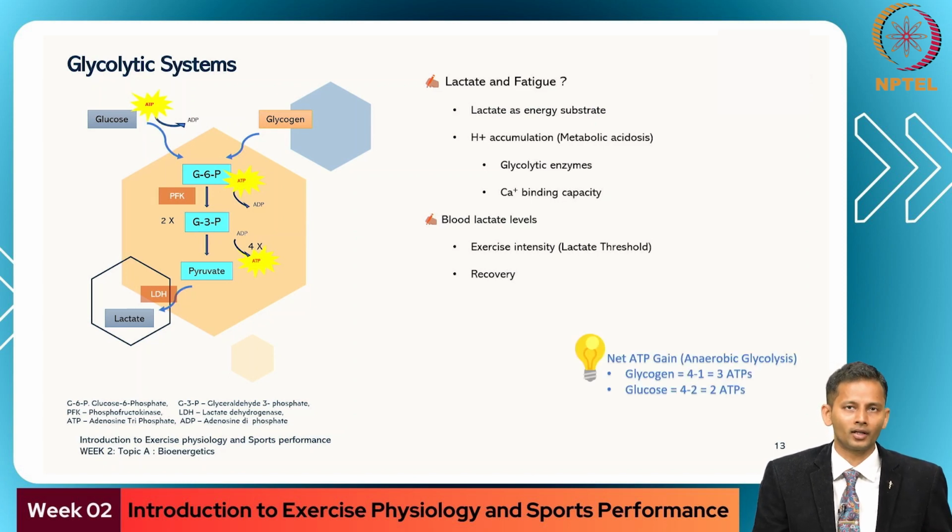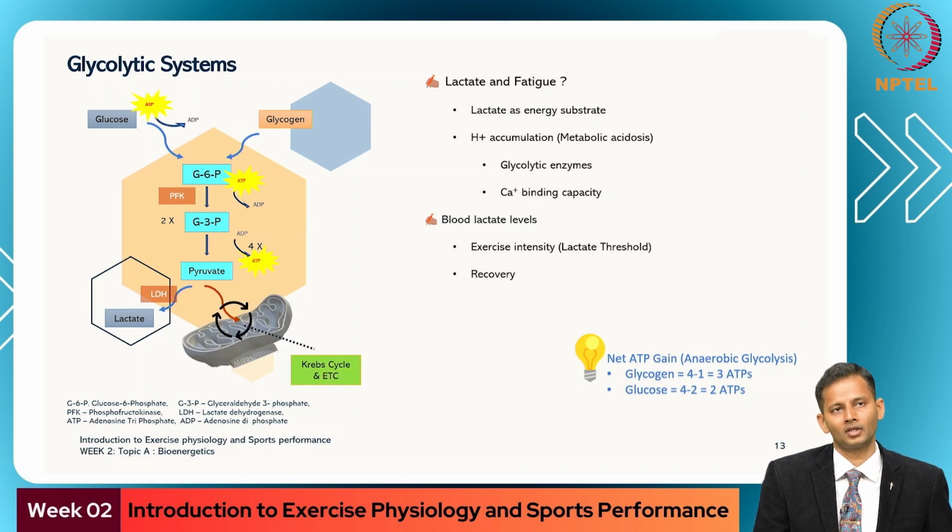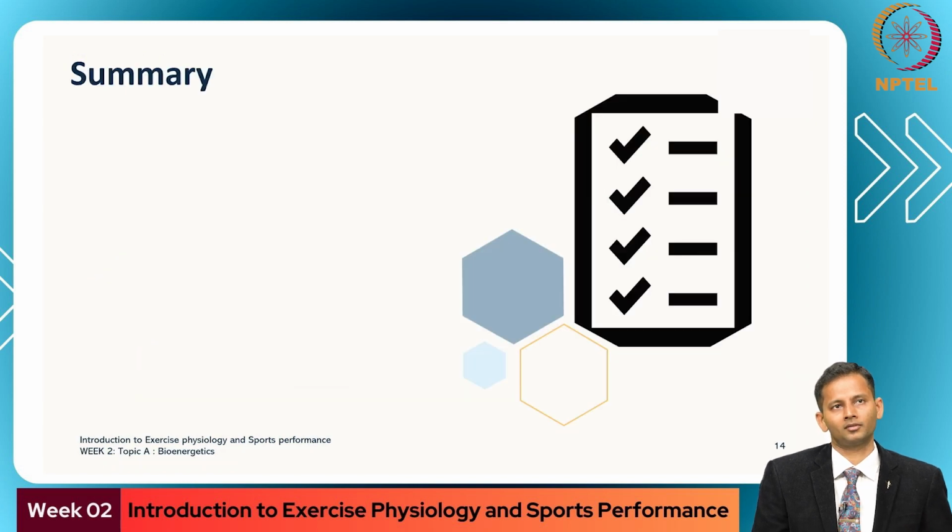At the end of anaerobic glycolysis, the net ATP gain, if glycogen is involved, is 3 ATPs, because it's already inside the skeletal muscle and doesn't use that one extra ATP. If glucose is utilized, then the net ATP gain is 2 ATPs. If the pyruvate enters the aerobic pathway, it enters the mitochondria, where it undergoes a series of oxidative aerobic pathways named the Krebs cycle and the electron transport chain. We will see about oxidative metabolism in the next session.